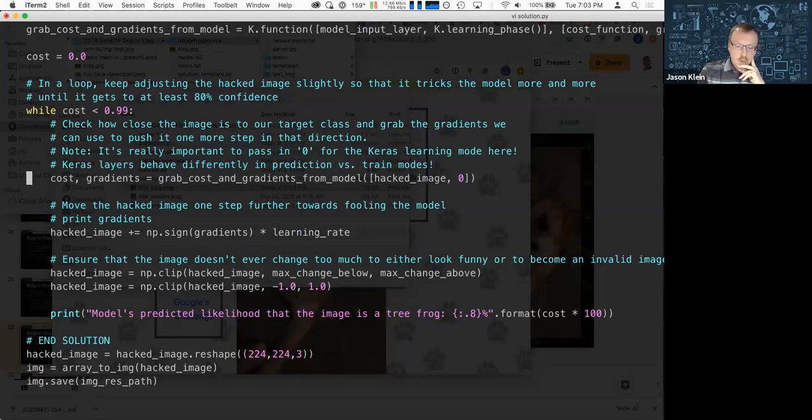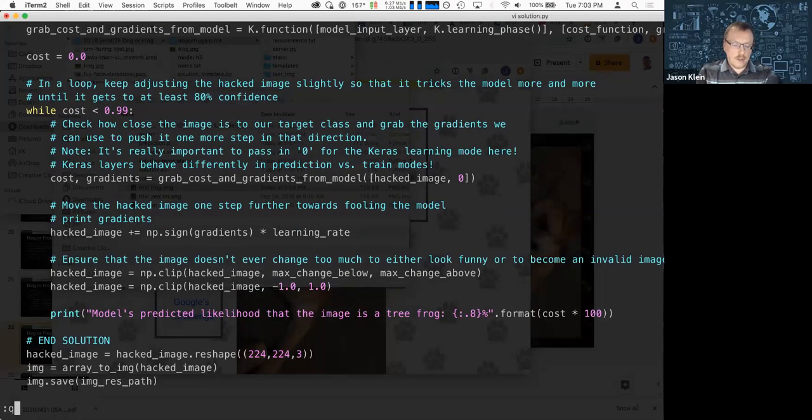And so it's going to go through and make minor changes to the image, run it back through the model, and output the likelihood that the image is a tree frog, and it'll keep doing that until it's 99% sure.